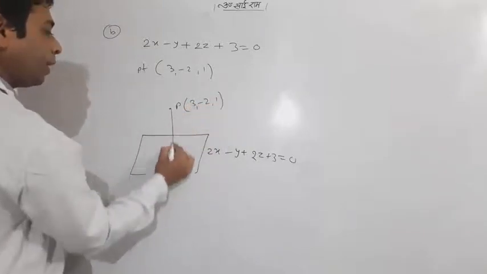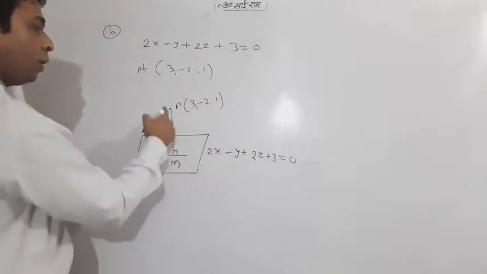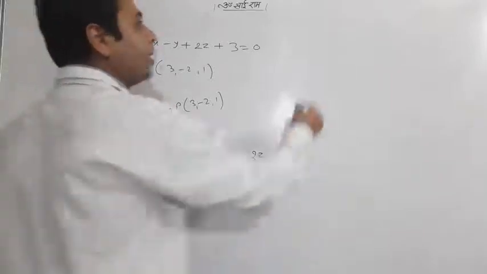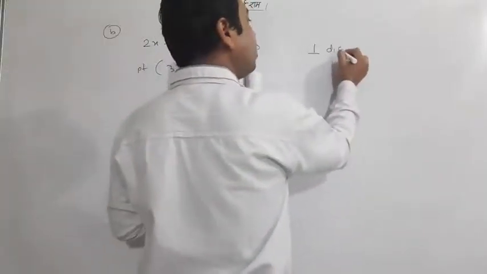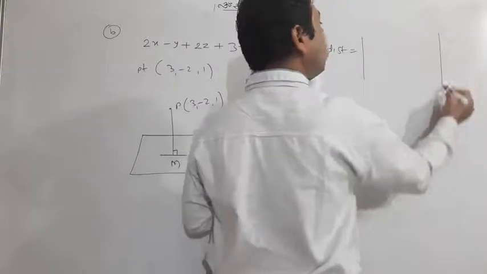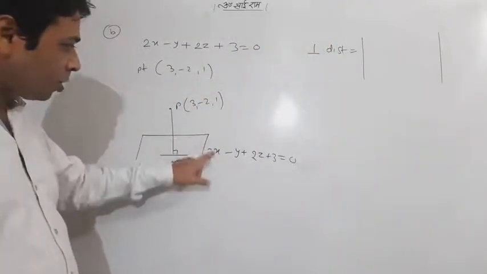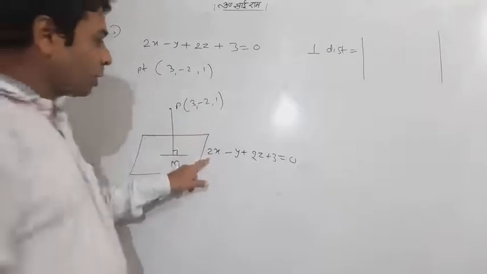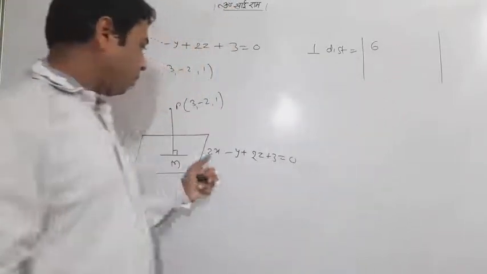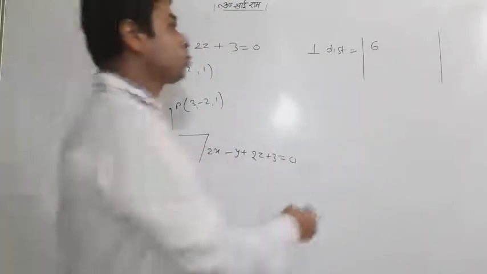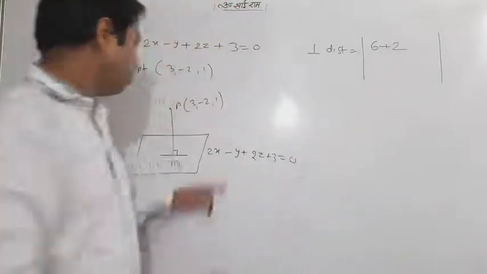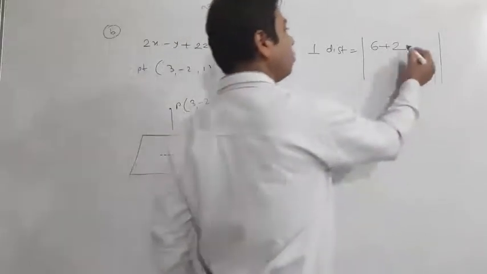And you want to find the perpendicular distance of the plane from the point, and that is very simple. The perpendicular distance can be obtained by the modulus. Recall your knowledge that instead of x, 2 will come, 3 twos are 6. Then minus 2 will come here, plus 2. Then 1 will come here, 2 ones are 2.